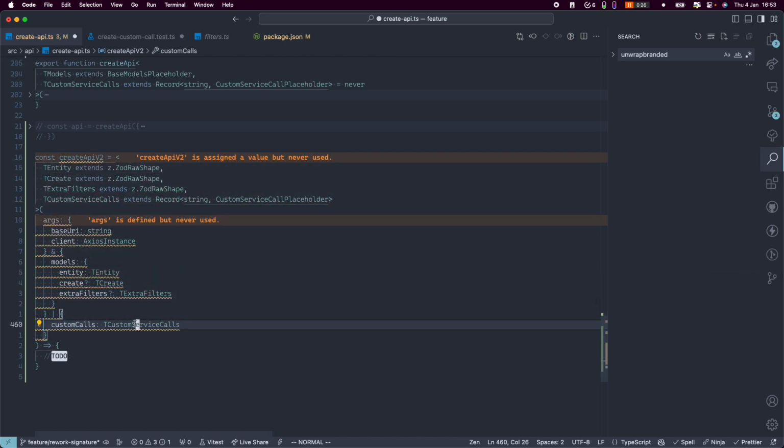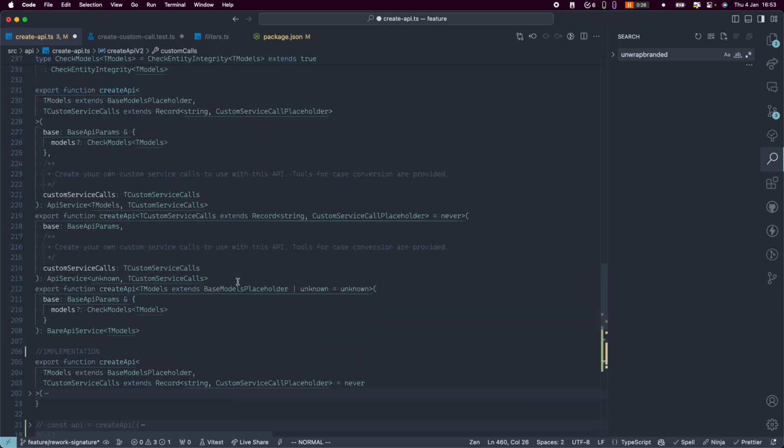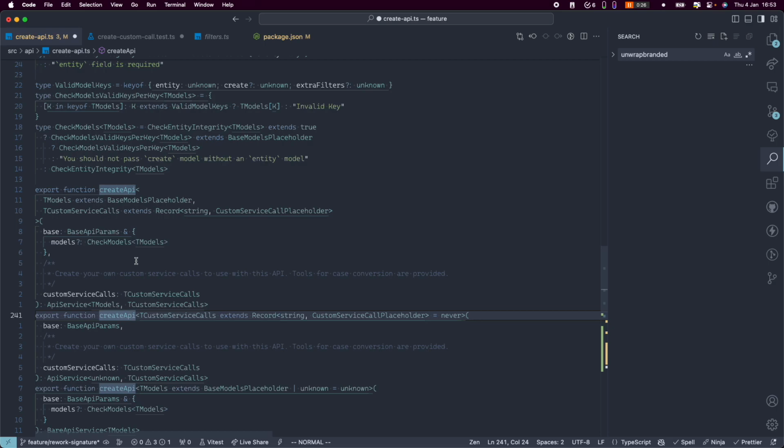The thing is the custom service calls actually don't have anything to do with the other parameters. It's just something independent. So why was I having issues with this? Okay, in this case we don't have models, right? It's just doing base and custom service calls. But when we do have models,